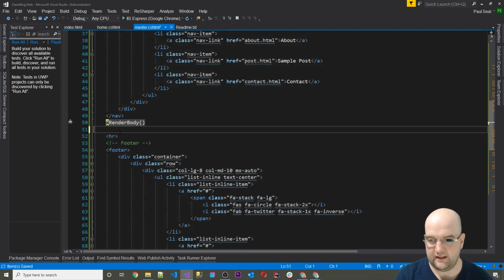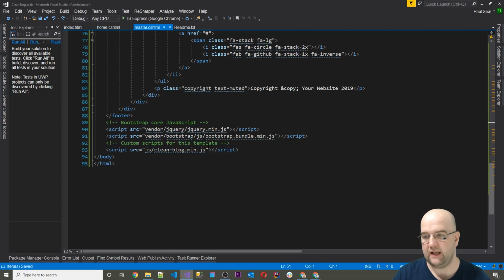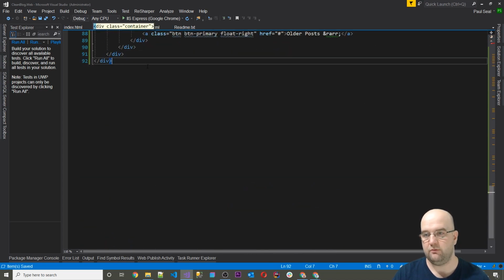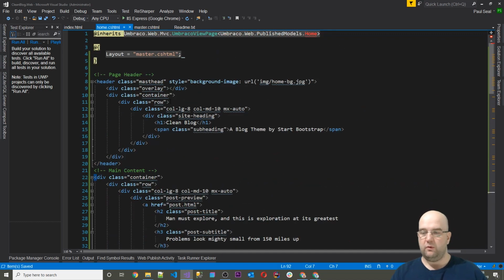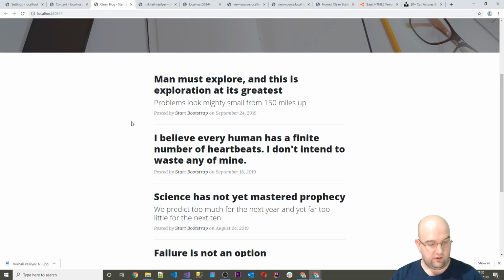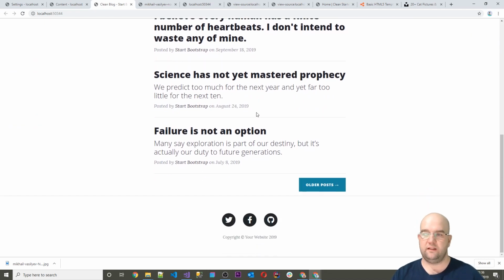So on our master template now, we've got a navigation and a footer and all the scripts references and everything like that. And on our home template, what we have is the markup for the header and the container body. So if we refresh the page, it looks exactly the same, but we split it out into the two